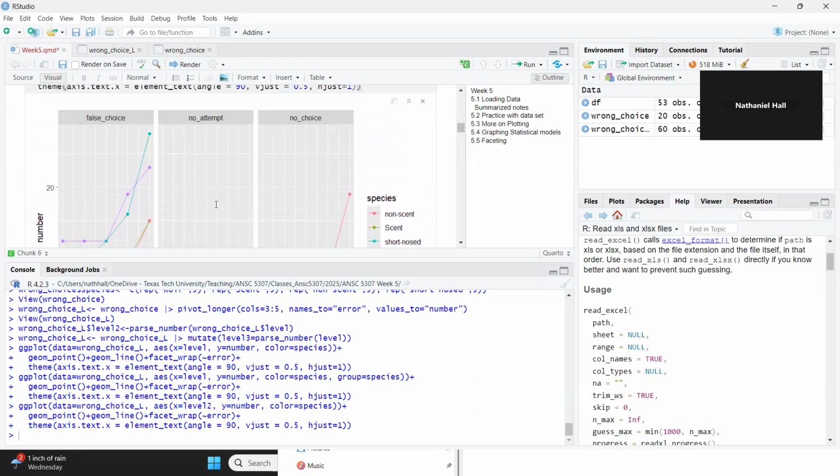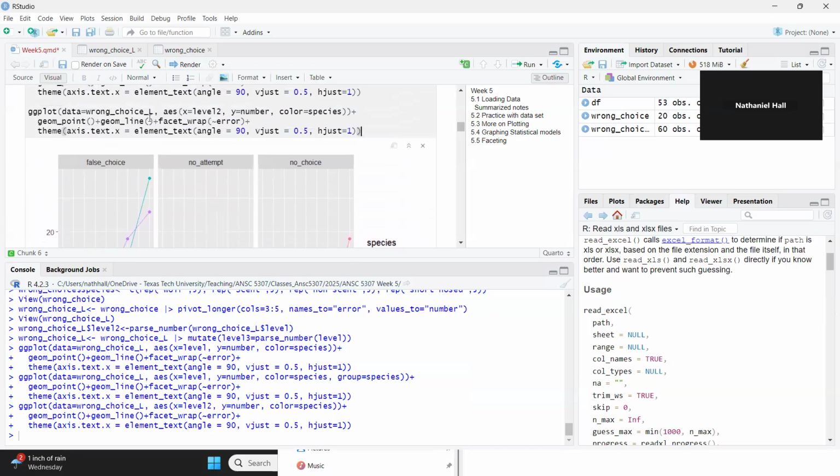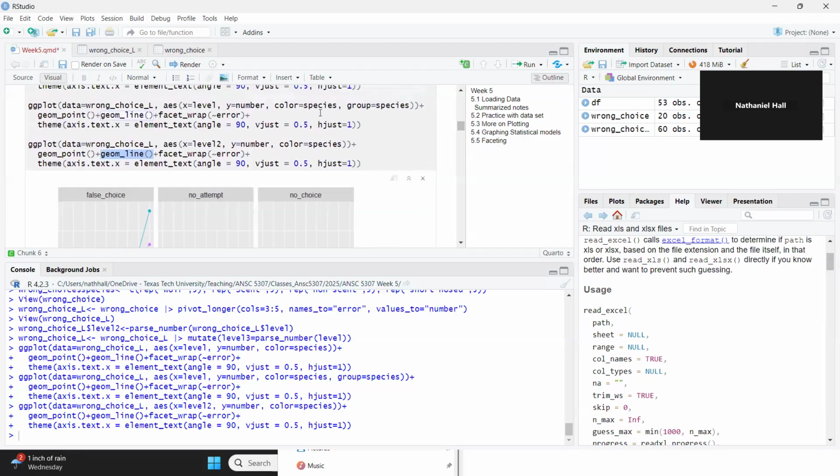It would just draw the line for me automatically because I specified draw line or geom line here. So that grouping variable is saying that, yes, I know that you recognize that my x-axis is a factor variable and you shouldn't draw a line there. I want you to draw a line anyway because I know better,